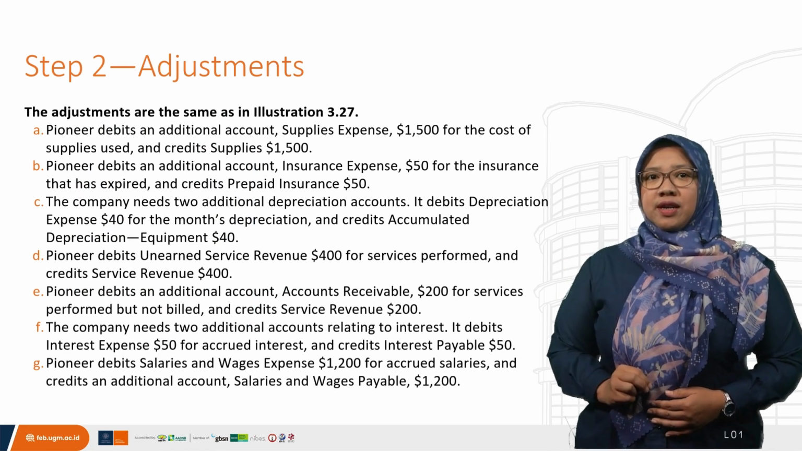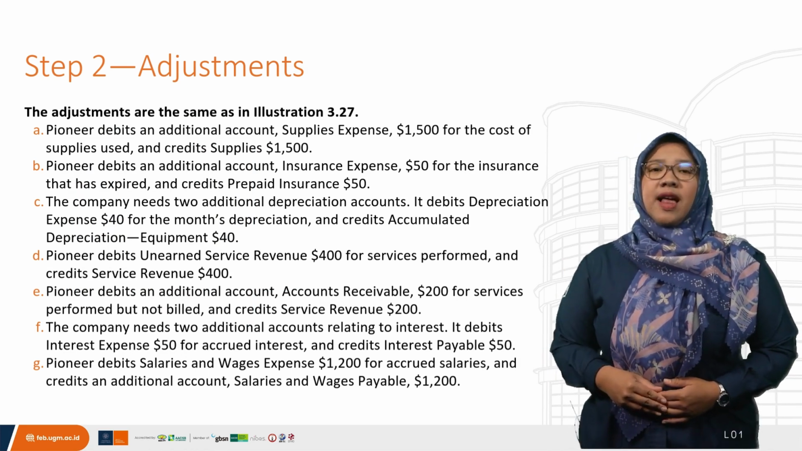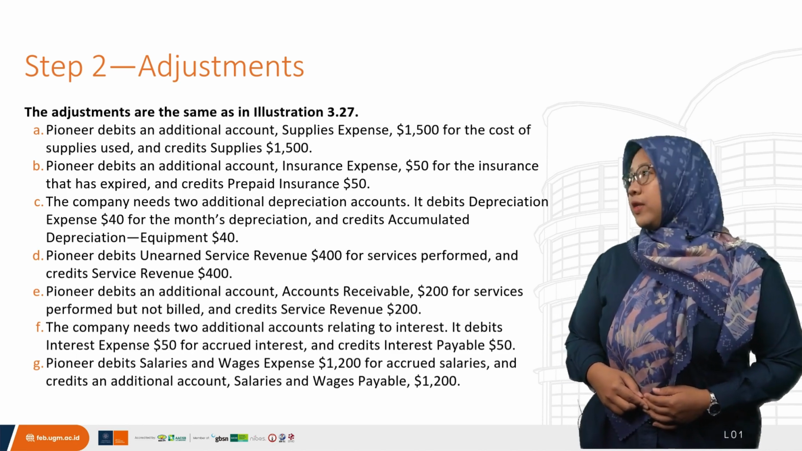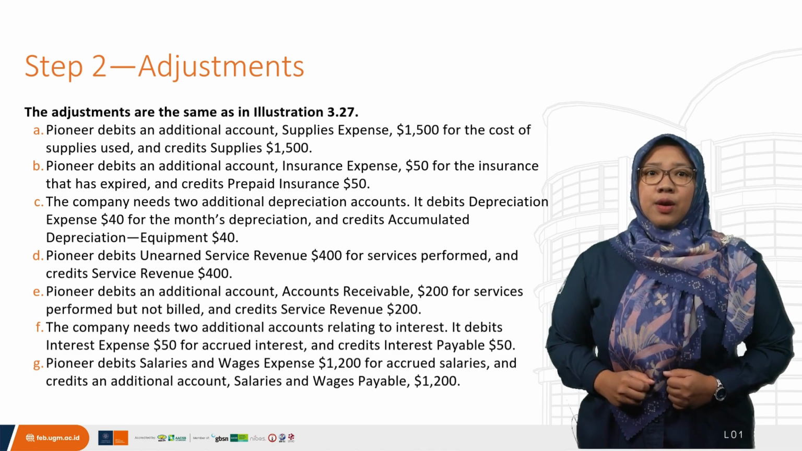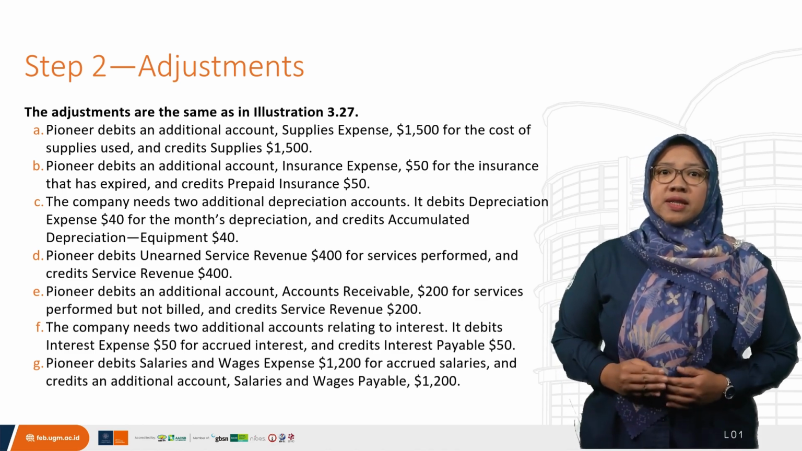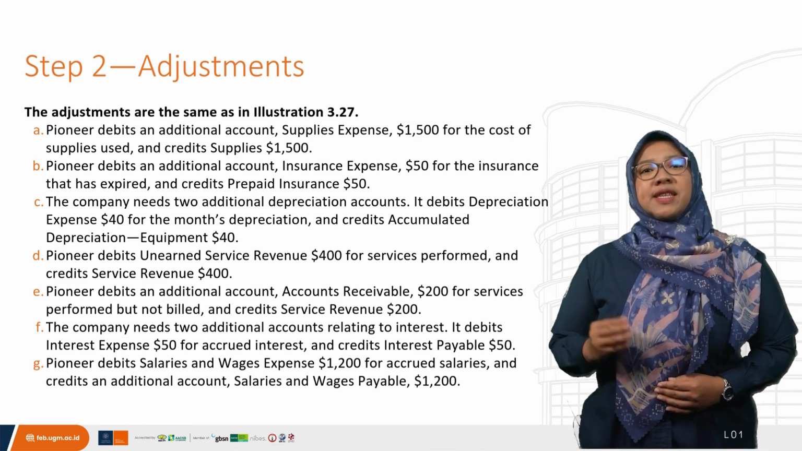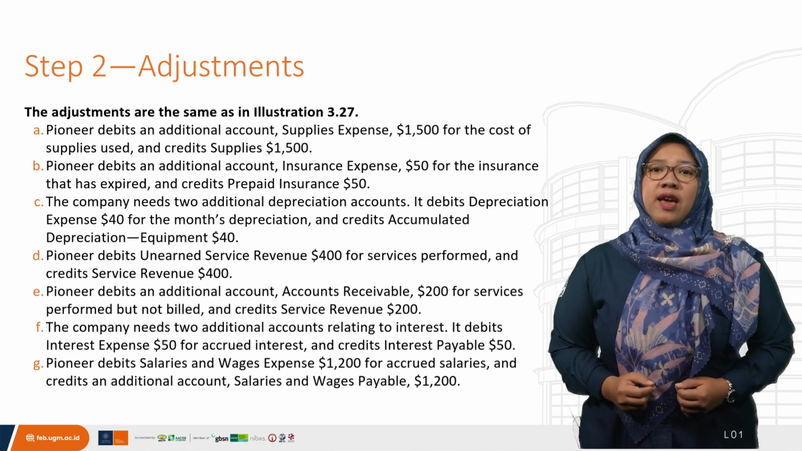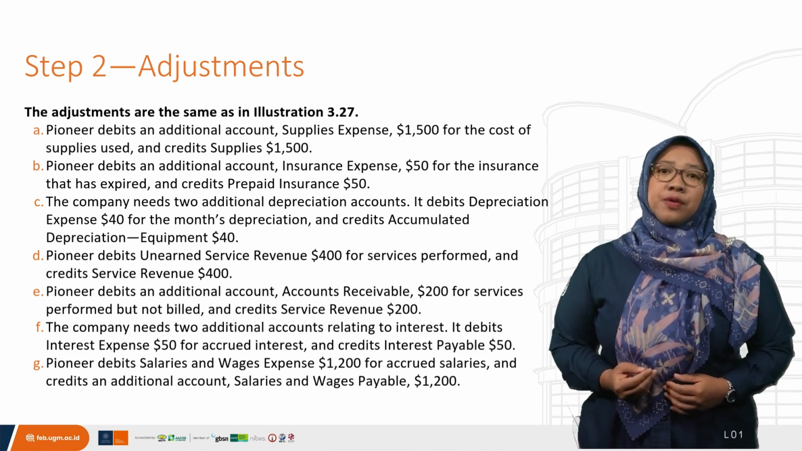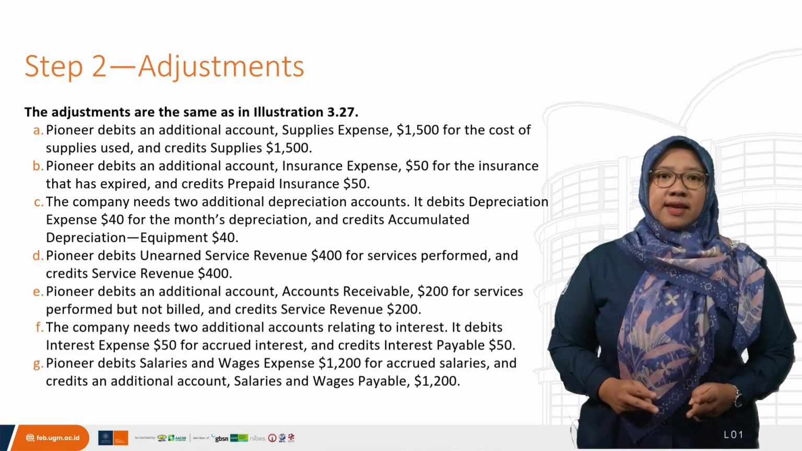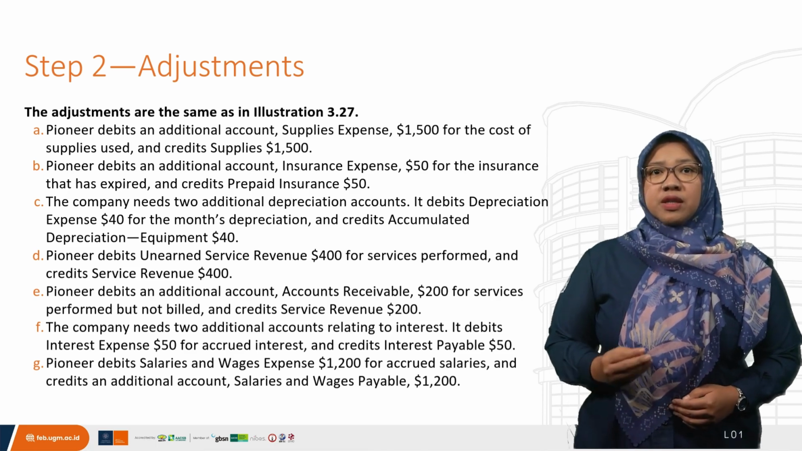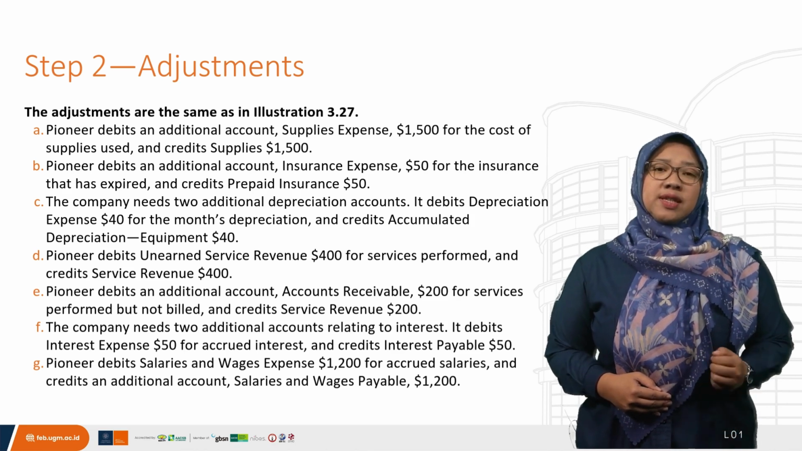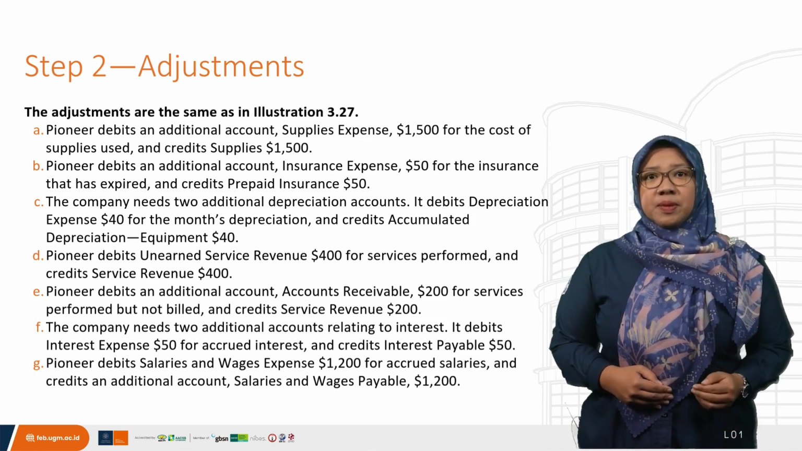Step 2. Adjustment entries. Let's say Pioneer Advertising has the following adjustments at the end of the accounting period. First, Pioneer debits an additional account, supplies expense, for 1,500 for the cost of supplies used, and credits supplies for 1,500. Second, Pioneer debits an additional account, insurance expense, for $50 for the insurance that has expired, and credits prepaid